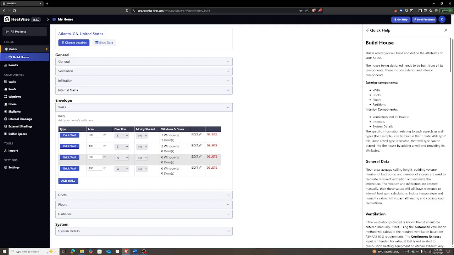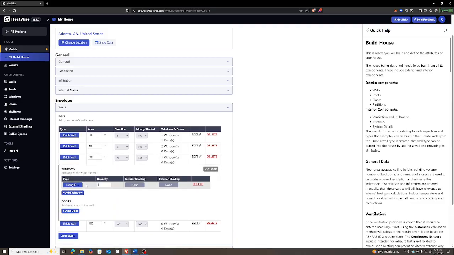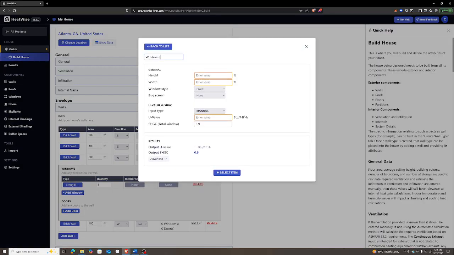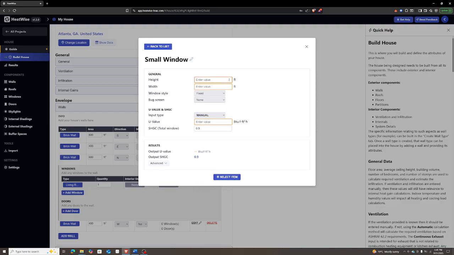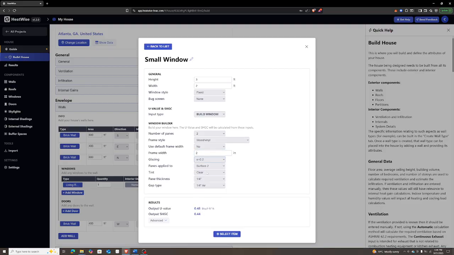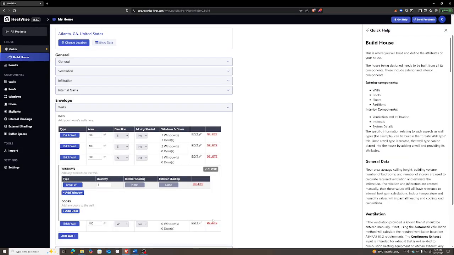So we'll go to the north wall, and we'll do something similar, and we will add just a 3rd window type here. We'll call it small window, and we'll say it's 3 by 2, and we'll just say this one is a fixed window. And again, we're going to add very similar specifications to this one. And then we'll hit select,